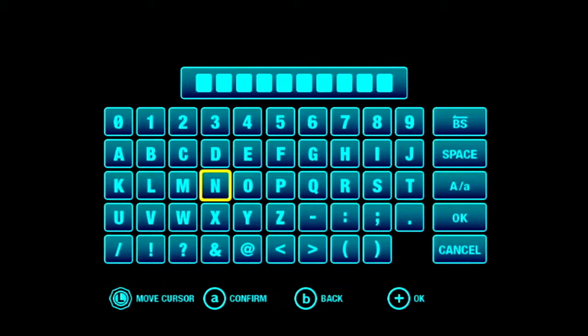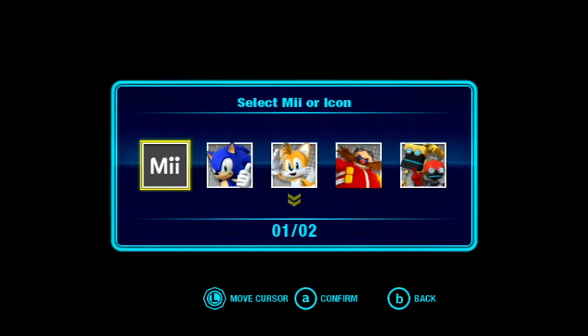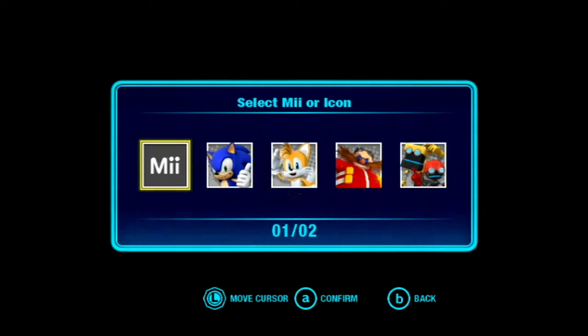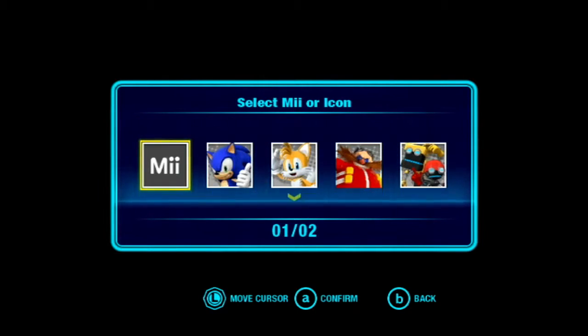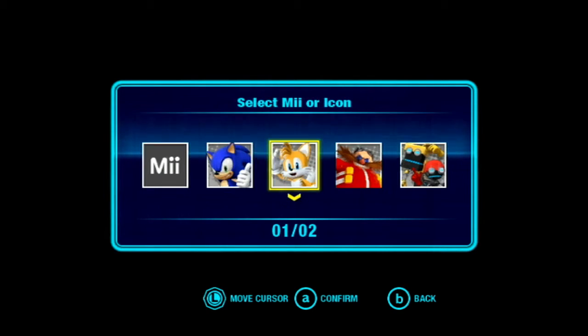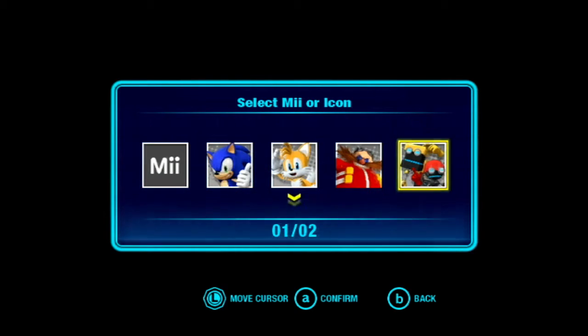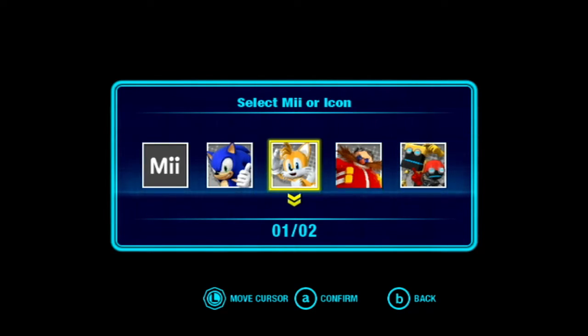So, I'm gonna name my file LP, because why not, just that way I won't actually forget. There we go. And as for me or icon, we can select my me, even though I don't have very many me's on here. I only have like 3 or 4 on here if memory's correct. But as for our icon, we can choose Sonic, Tails, Eggman, Orbot, Cubot, and then Yacker, which we will see in a little bit. But for now, I'm going to choose